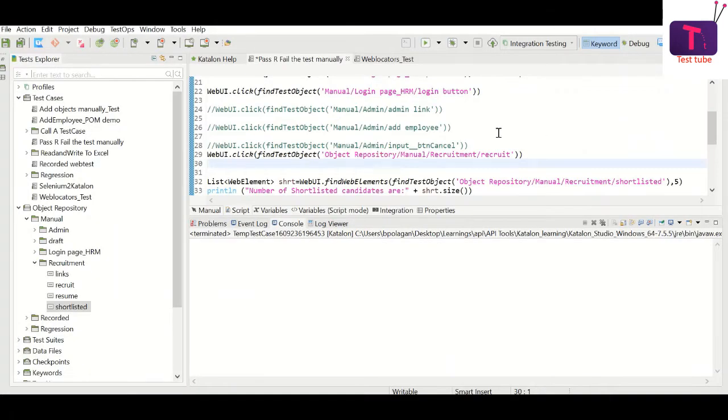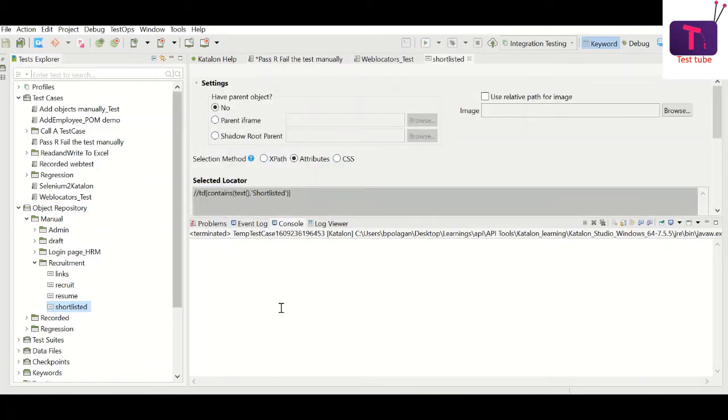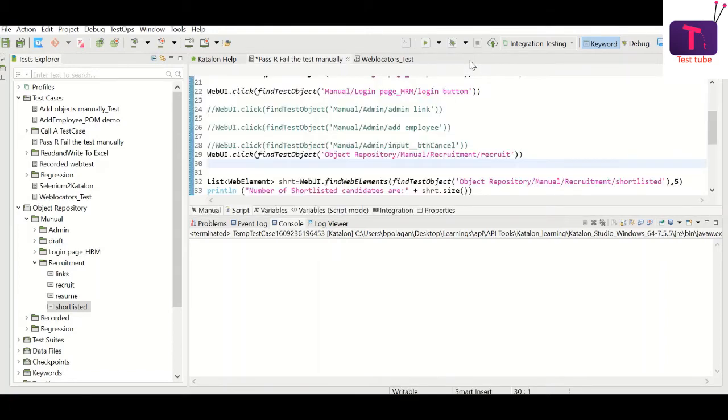This object is already added. It is under the object repository, and shortlisted is the object name, and this is the pattern it is satisfying. So I'm looking for a web table element having the text shortlisted. I use my web locator so that it will return all the elements